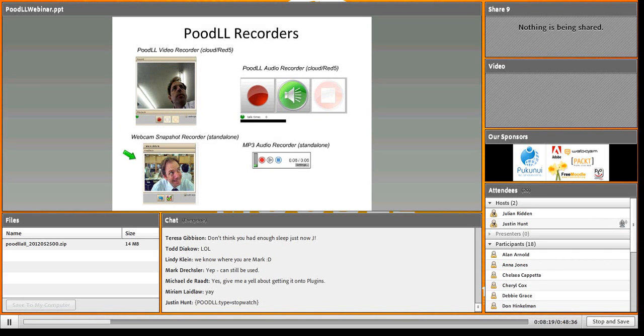Over here we've got the webcam snapshot recorder. It might be cheating to call that a recorder, but it takes a picture with your web camera, and then you can put that picture straight into a user profile or somewhere onto an HTML area, or as an answer to a question even. It's just a new thing I put through because I guess most of these mods I need myself, and I had a situation where I needed to have students' photographs, and they all had webcams on their machine, so it seemed like a good thing to do.